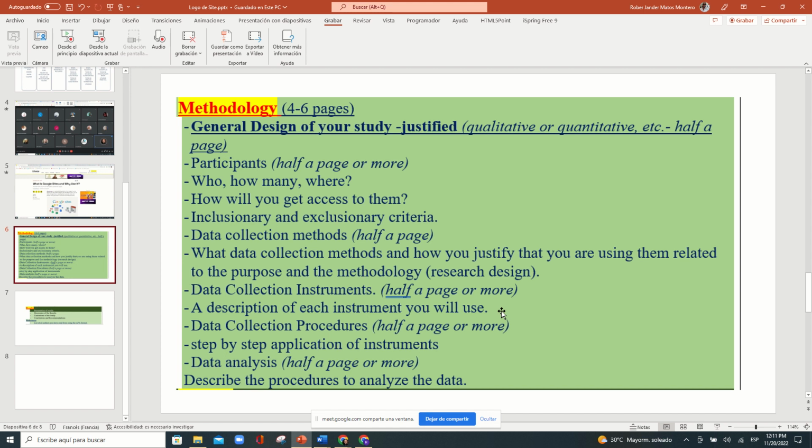So in quantitative research design, what you try to find is sound statistical analysis for you to show the results of your study. So that's different. Okay. As I said, you need to write a step-by-step application of instruments that takes 1 paragraph per instrument, or maybe 2 paragraphs. The data analysis